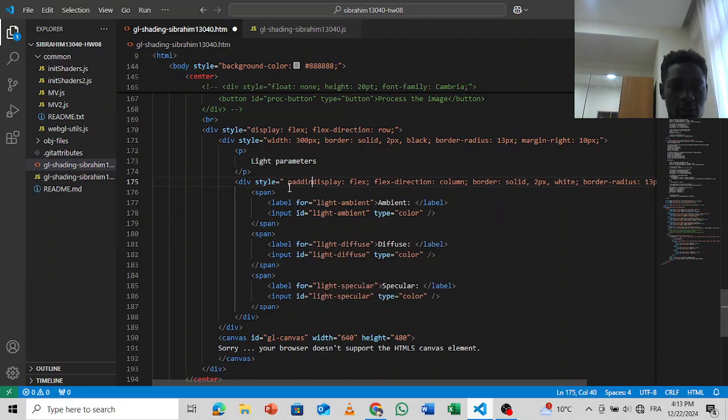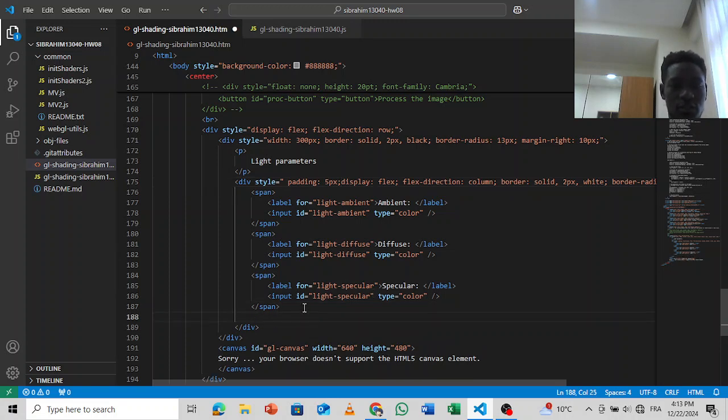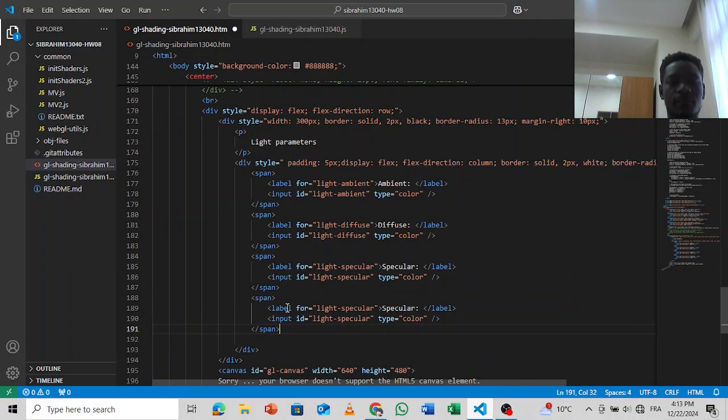Let's set padding to be 5 pixels. And the last one, yet not the least, is the position, which will be comprised of